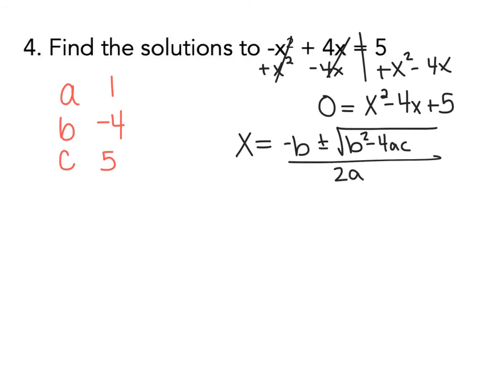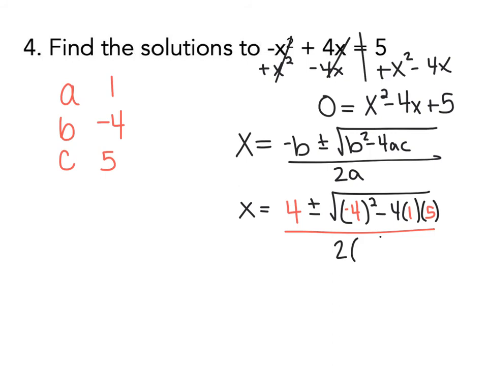The quadratic formula is -b plus or minus the square root b squared minus 4ac all over 2a. Start plugging in. Opposite of b would be 4, plus or minus the square root, open parentheses, b is again -4, squared, minus 4 times a is 1 times 5 for c, all over 2 times 1. So 4 plus or minus, clean up the value of the radicand. -4 squared is 16, minus 20. 16 minus 20 is -4. So I'm going to have the square root of -4, and that right there is going to tell you that we're dealing with an imaginary number,